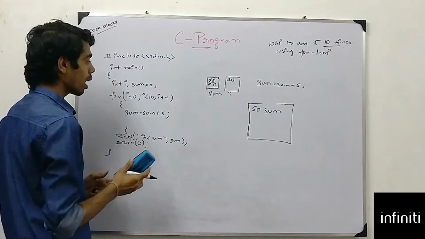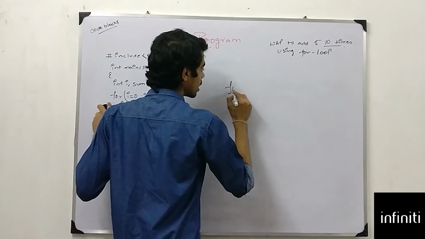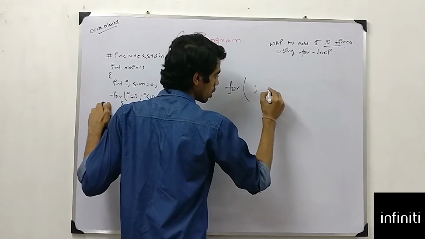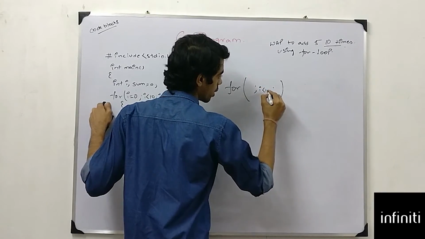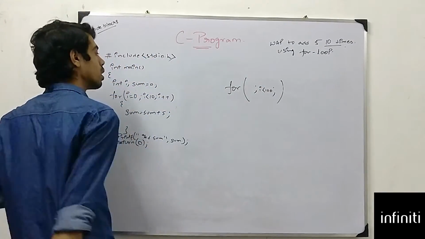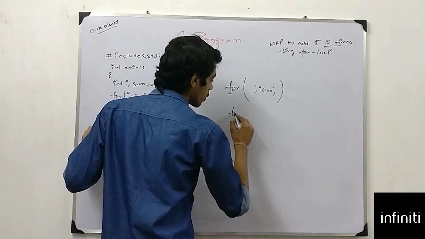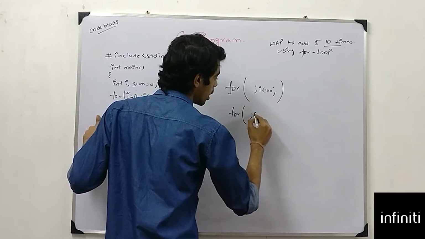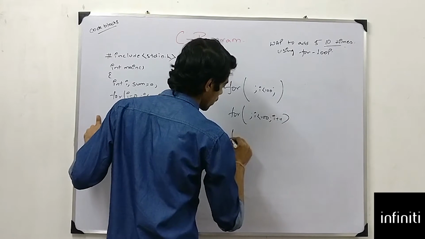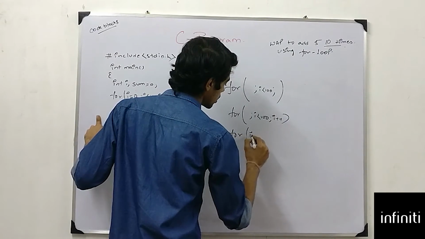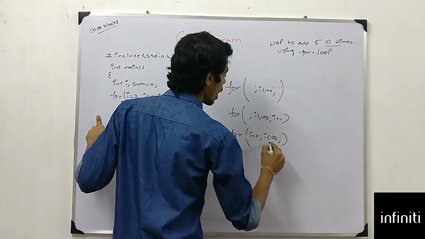Now I have one more thing to say about the for loop. Your for loop can also be like this: for semicolon, semicolon, and here you can write i less than 100. What does this mean? This also means the same as over here. Or you can write your for loop like this: for semicolon i less than 100, i plus plus. Or you can write for i is equal to 0, i less than 100, semicolon. But you have to write this part,